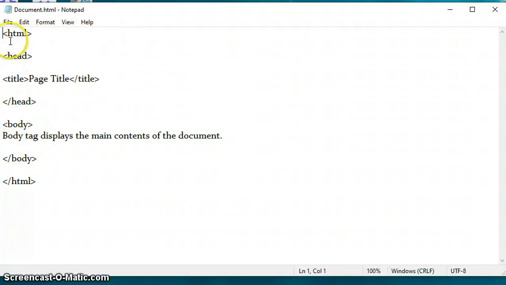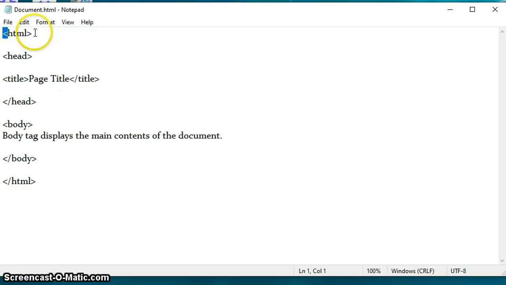Which we have created. As I have already told, these are the 4 basic HTML tags: HTML, head, title and body. This is the opening tag and the closing tag. How will you identify that this is a tag? These angle brackets.